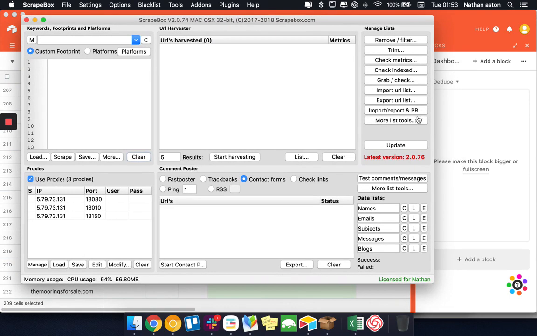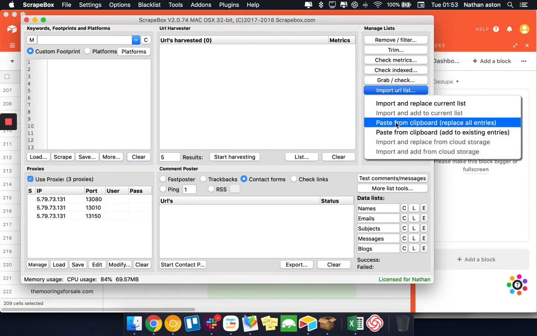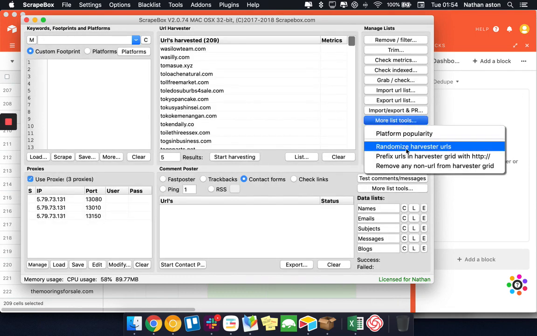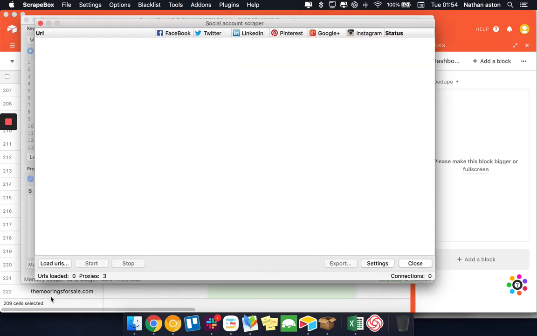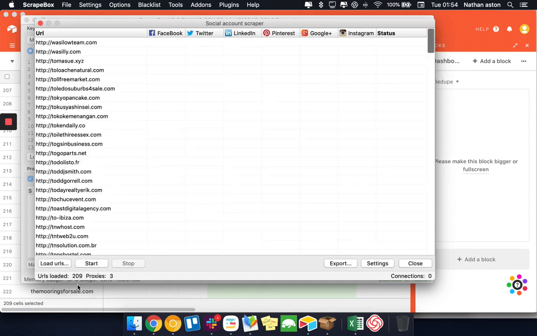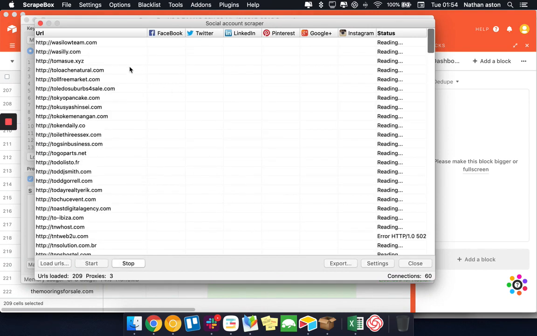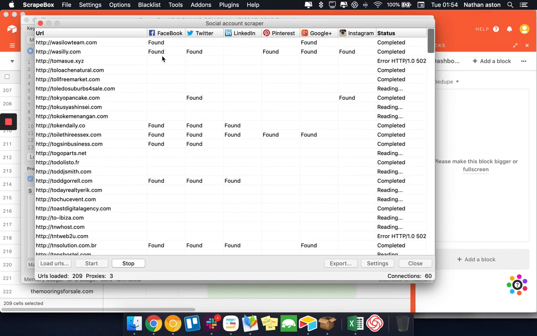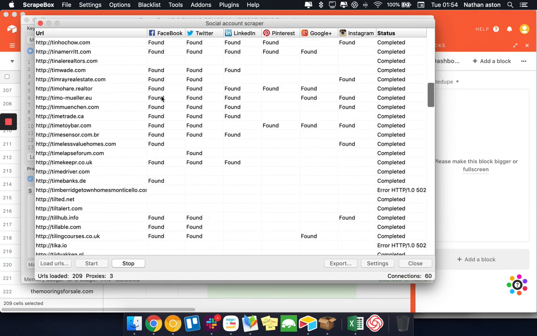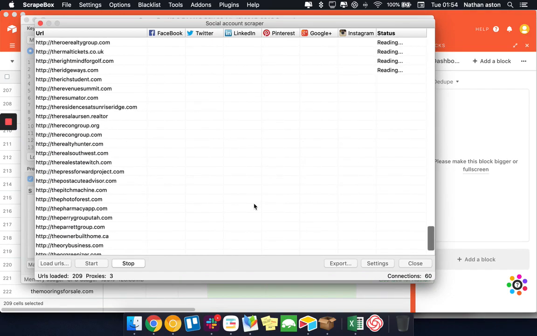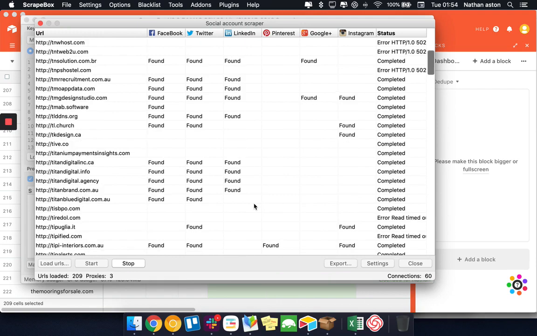So the tool that we're using is Scrapebox, and we're just going to import the URL list, make it a valid website. Then under add-ons, we'll go into social account scraper. Now what this does is it views the website, and it is looking for a link to Twitter, LinkedIn, Pinterest, Google Plus, Instagram, Facebook, and so on. As you can see, it's found social profiles on probably about 70%,